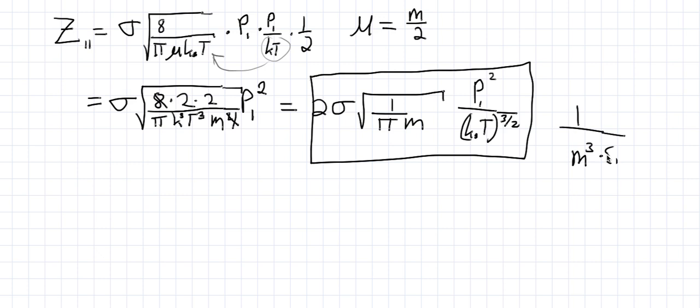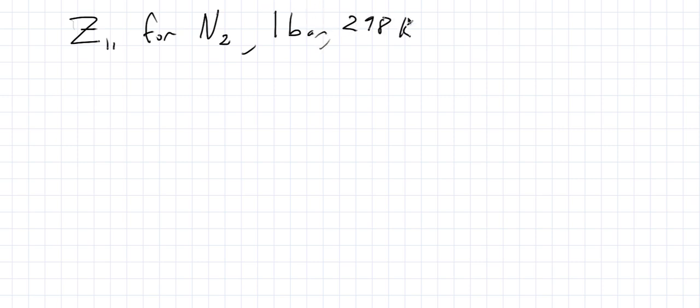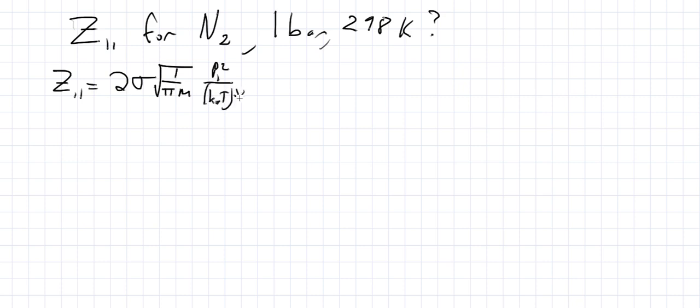We could do a quick example. We could ask, what is Z11 for, let's do nitrogen, 1 bar, 298 K. So we've got Z is equal to 2 sigma square root of 1 over pi mass P squared over KT to the 3/2. And if you don't like using the small units, we can multiply the top and the bottom by a factor of Avogadro's number to the 3/2, and that'll turn your K's into R's, and then we'll have units of Avogadro's number up here. So we can plug this in,